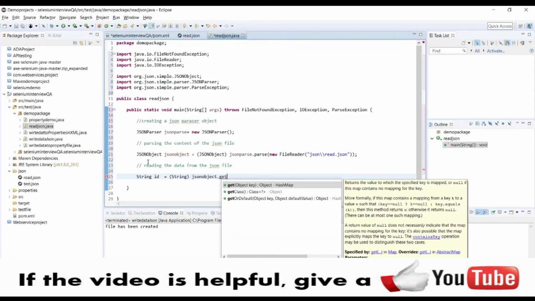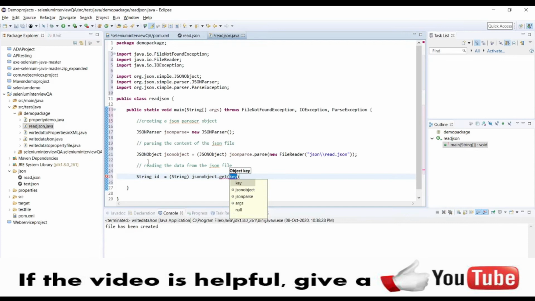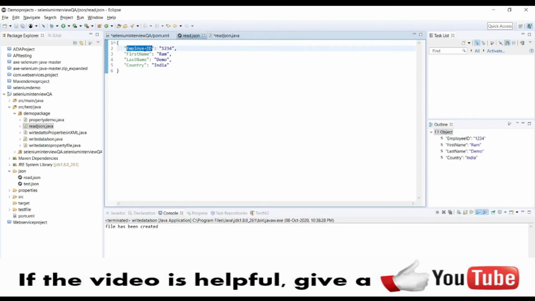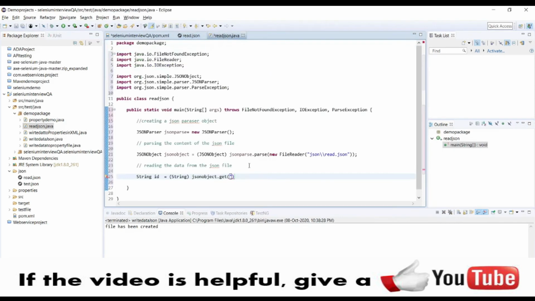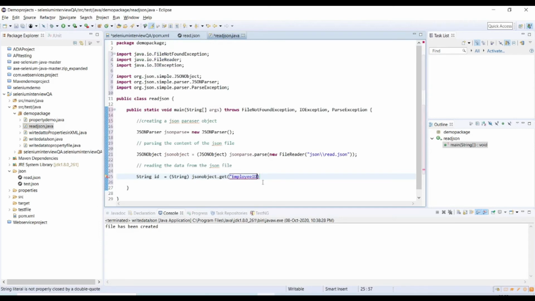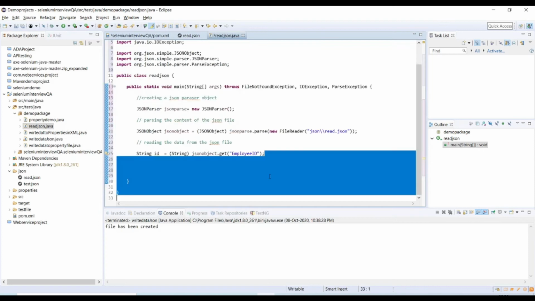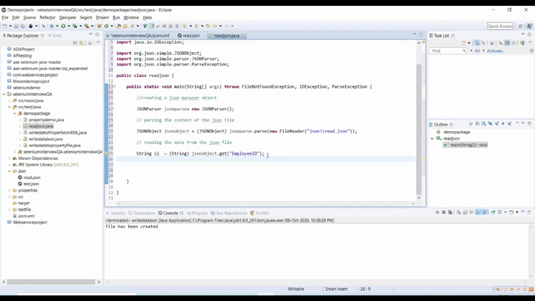We need to use get, and we need to provide the key name. I'll go to our sample test data file, and from there I will take the key name. Now I'll do the same thing for all the four: first name, last name, country.